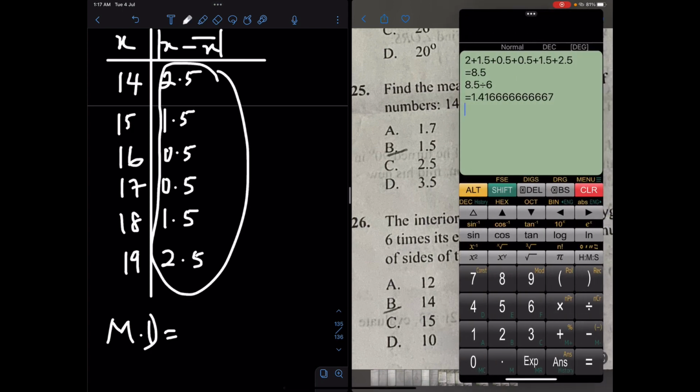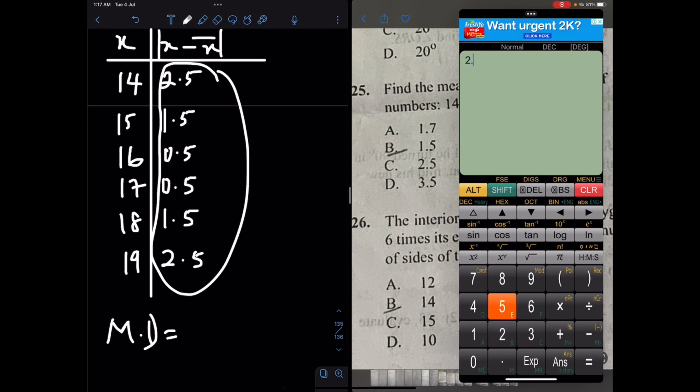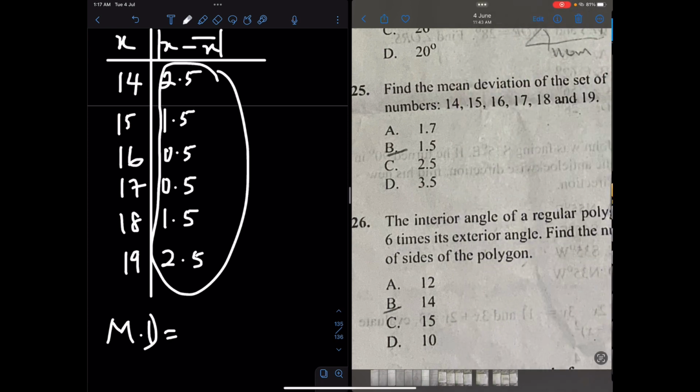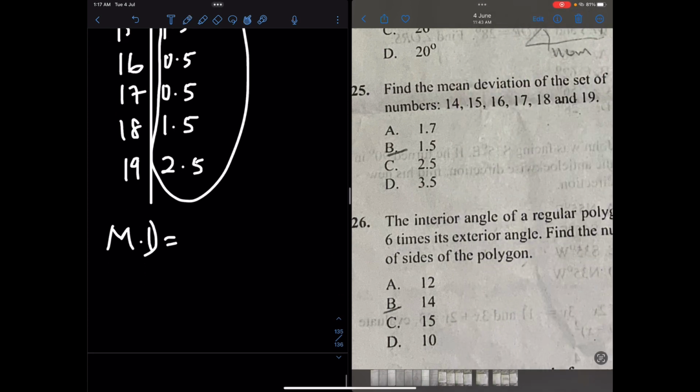That's 2.5 plus 1.5 plus 0.5 plus 0.5 plus 1.5 plus 2.5, and that's 9 divided by 6. That's equal to 1.5. So the mean deviation is 1.5, and the correct option is simply B. We go straight to the next, which is number